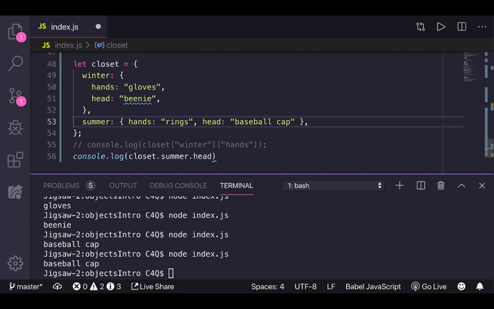Oh, I see. That's some fun. Okay. Let's just do the first one. Hands equals